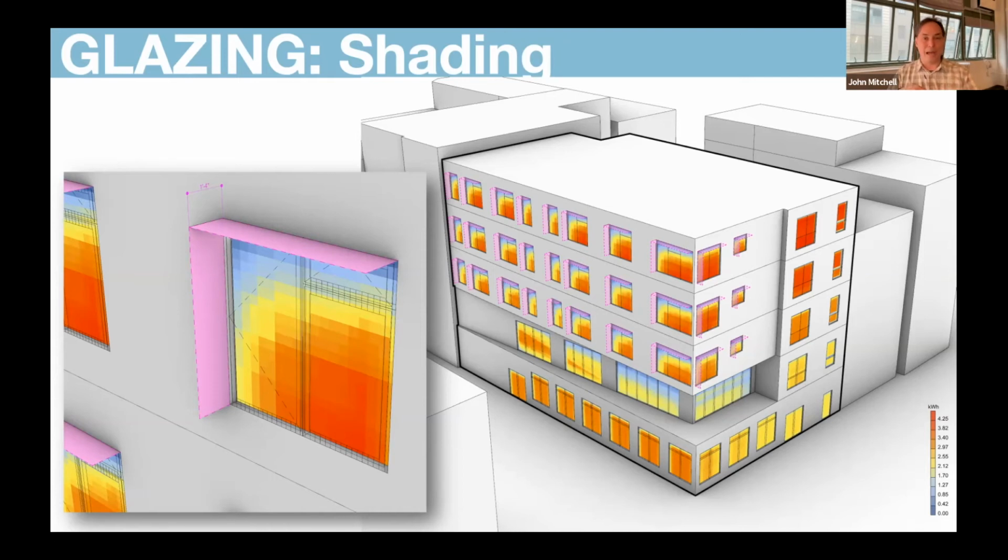Because we're looking at the energy balance of the building, because we're looking at the relationship of heat losses to heat gains of the entire building, we have to know how our windows are contributing both to heat loss, so the U value of the entire window, and also to heat gains. So how solar gains are harvested or impact the performance of the building. And so we need to know the shading condition of the building. So its context, as you see here, this building is in an urban context, and so the adjacent buildings are providing some shading, but we're also recommending some additional shading because in this case we have a densely occupied multifamily building that is internally gains dominated,